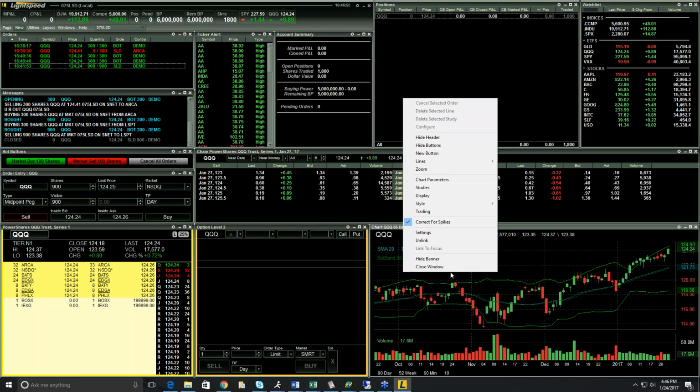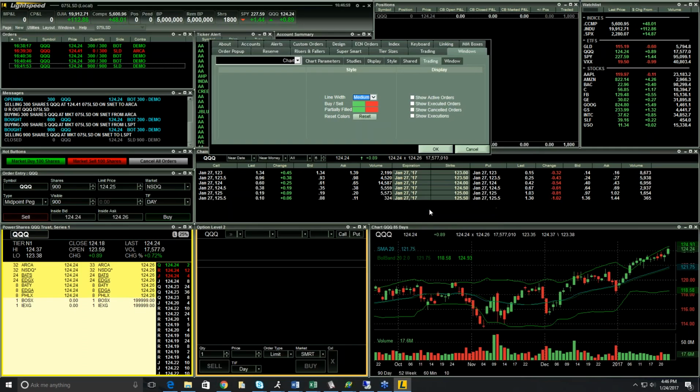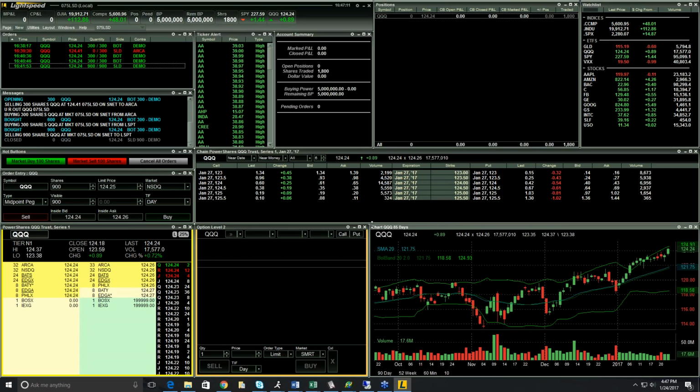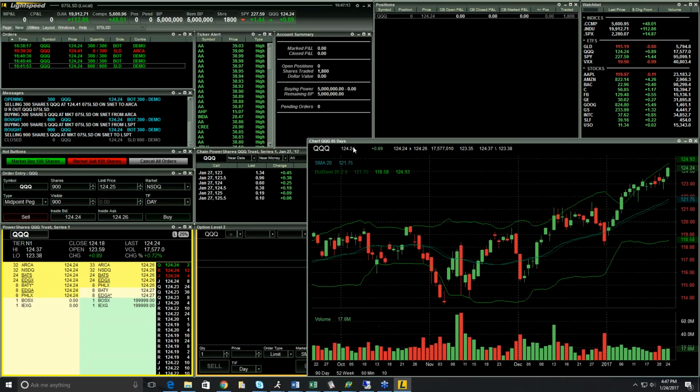I'm also able to set up the chart to display certain trading aspects as well. If I right click, I go to the trading menu. I could show active orders, I could show executions or canceled orders or executed orders as well. So I'll just make this a little bigger for everyone to see here. If I want to place a limit order above the market,